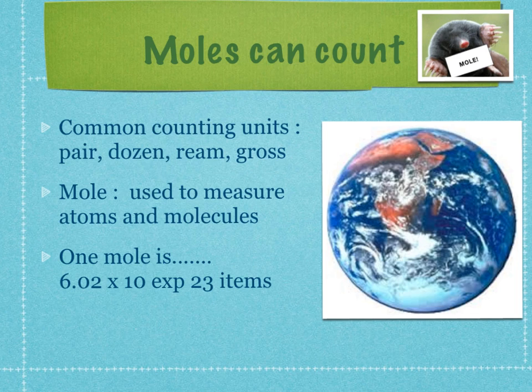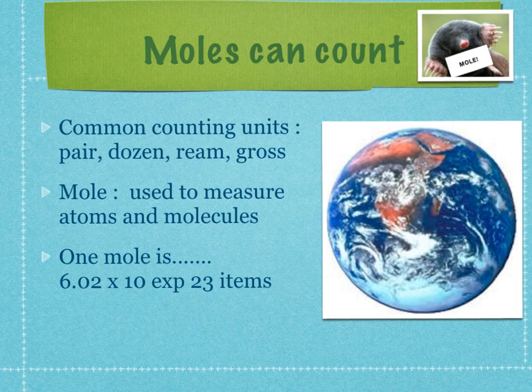In class today, we talked about common counting units, such as a pair, a dozen, a ream, and a gross, and these are just units that have been developed to count items in a practical way. For example, you have 2 feet, so a pair is 2. We buy eggs in dozens because that's a reasonable number of eggs to keep in your refrigerator before they go bad. We buy paper in a ream, which is 500 sheets, because we tend to use a lot more paper